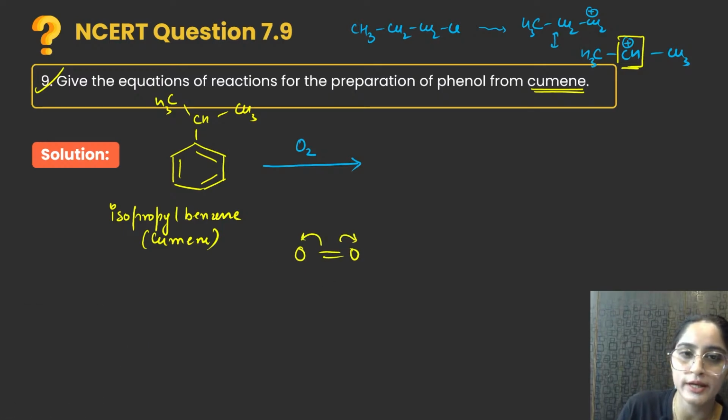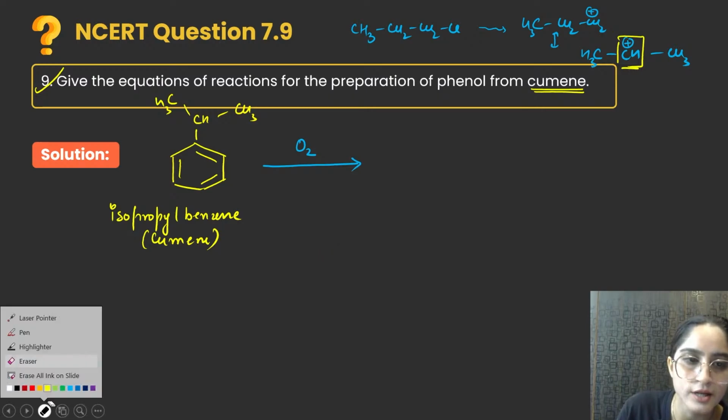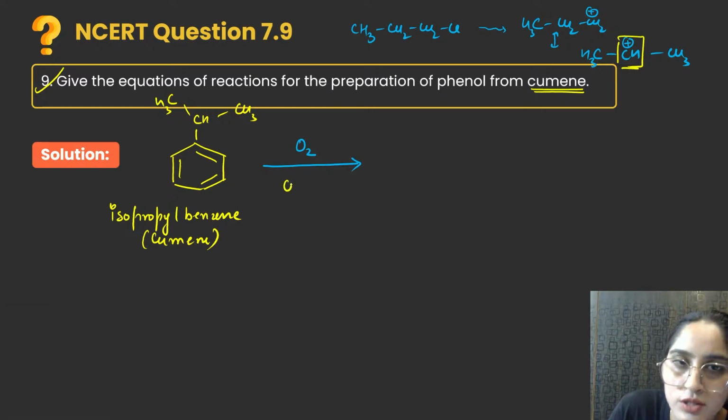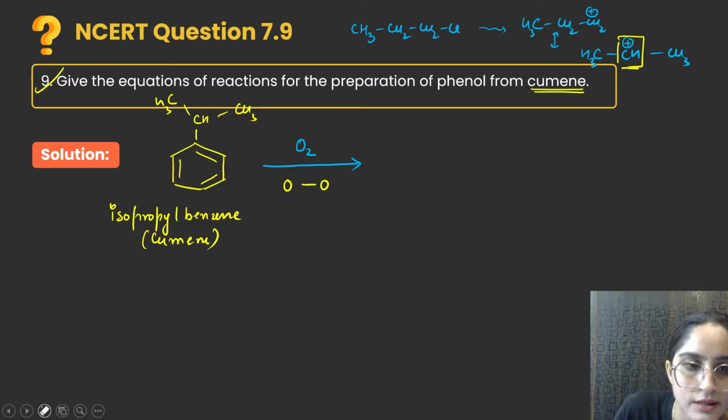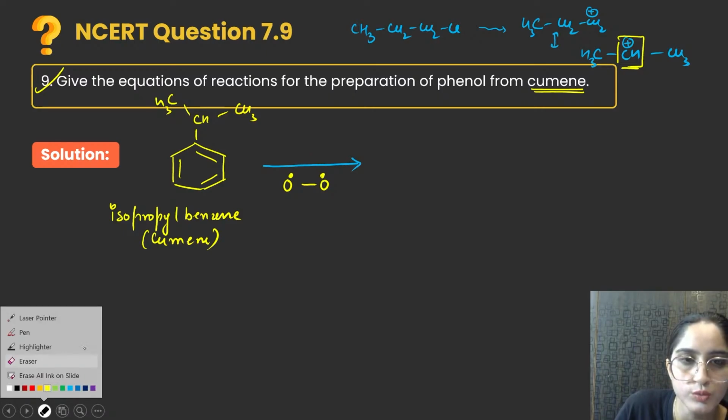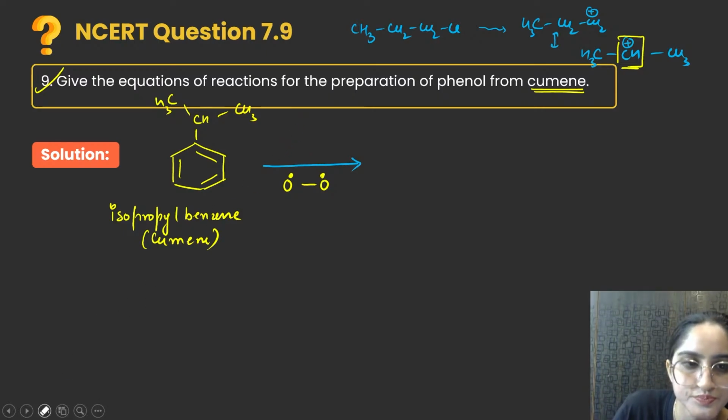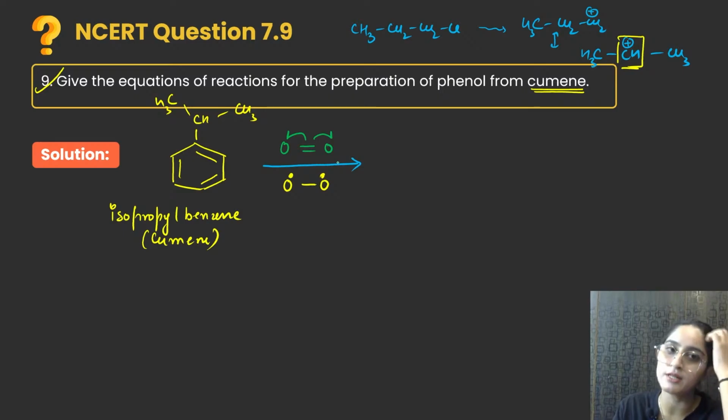Homolytic cleavage, beta, means it is going to take out one electron. That means you will have free radicals on both sides, this side also, this side also. So basically, there was O2, you had O2. Homolytic means you will mention it by one arrow. One is gone here, one is gone here.